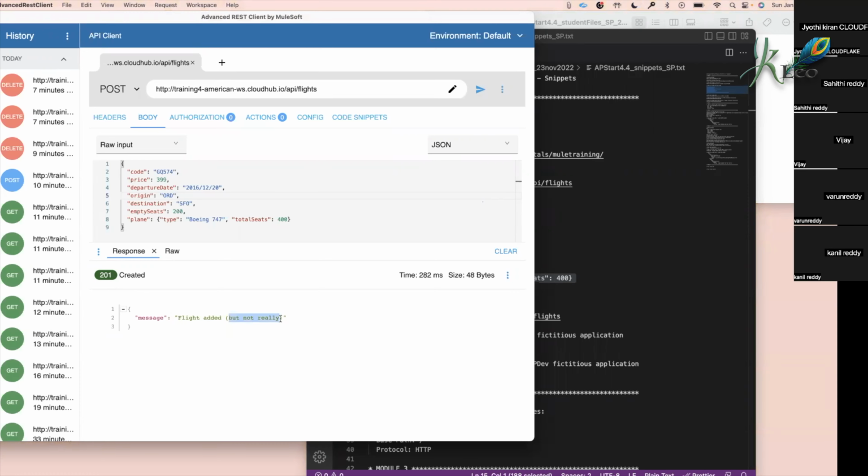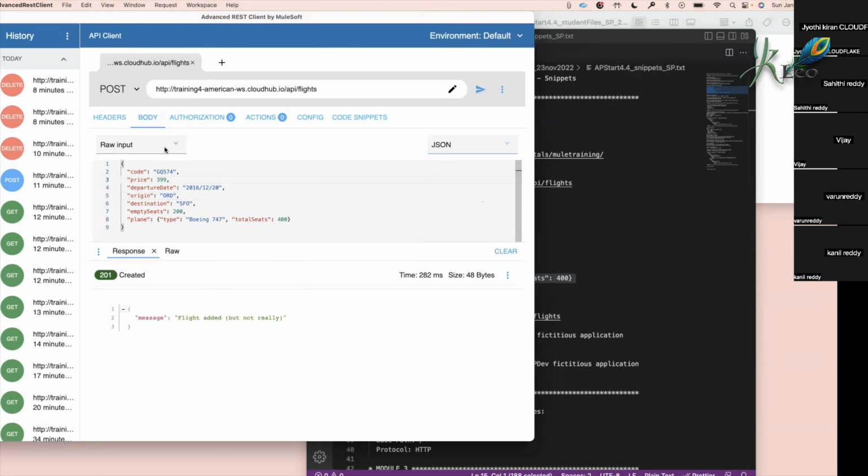If we keep adding multiple flights, the same flight by everybody, then it's redundant. So just for training purposes, I just want to show you. This is a flight we are trying to add. This is how you add it in the body, in the post method, and selecting the right format. So these are all different formats: CSS, HTML, XML, JSON. These are all the different formats that a web service accepts and